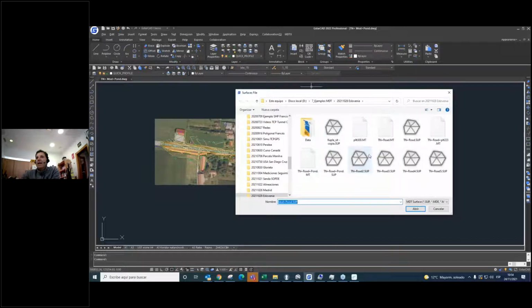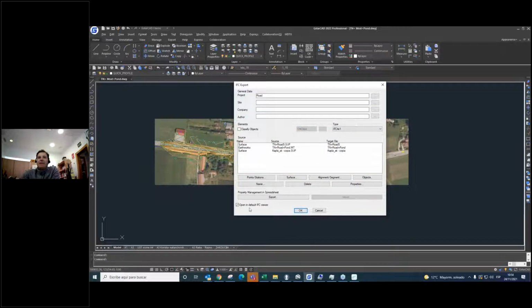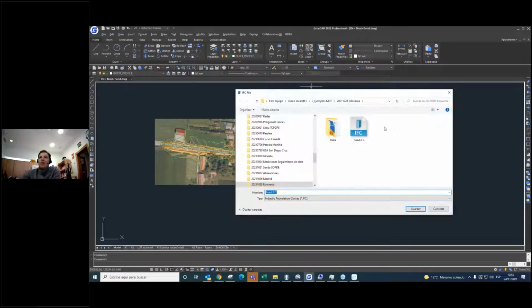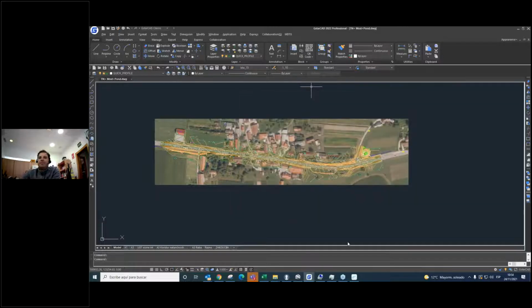For example, the natural terrain that we have before. Here I open one visual viewer IFC. I'm going to show it here. Yes.